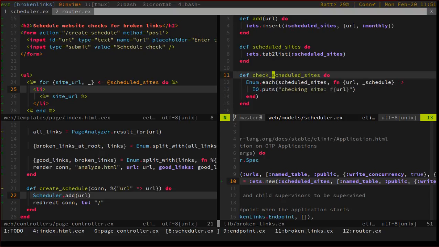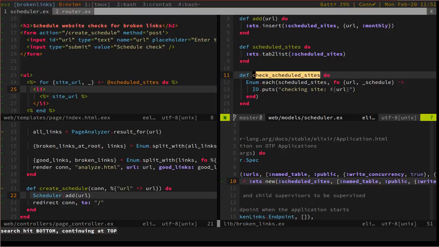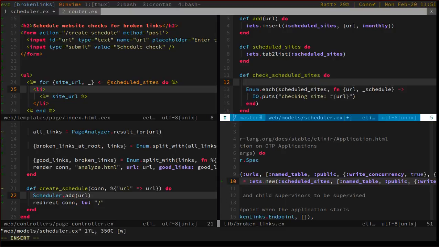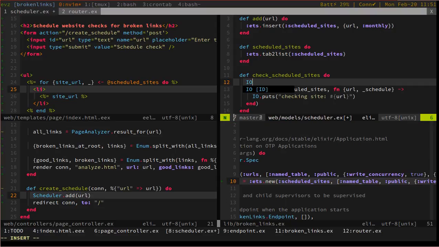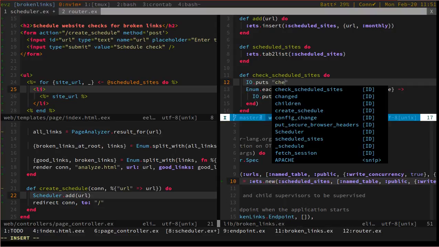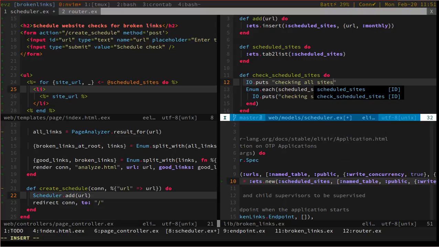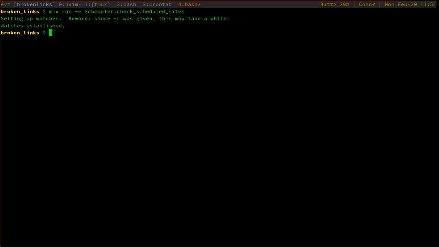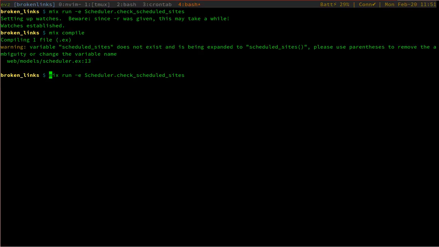So check scheduled sites. And let's put a few debug statements here. I'm gonna put IO puts checking all sites here, and I'll do a compile, and okay, so here if you see, it is printing checking all sites, but the problem here,